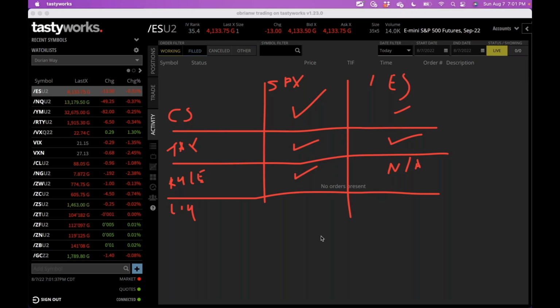Now, when we're talking about liquidity, it's a lot of liquidity. You can get in and out on the SPX. It's no problem at all. And believe it or not, it's no problem at all with the ES. Okay, so you have some benefits with the SPX, you have some benefits with the ES, but they're very, very similar. So we teach members how to trade them both. And if you have a small account, we will recommend the ES. If you have a bigger account, we would recommend the SPX, but it all depends on the trader.